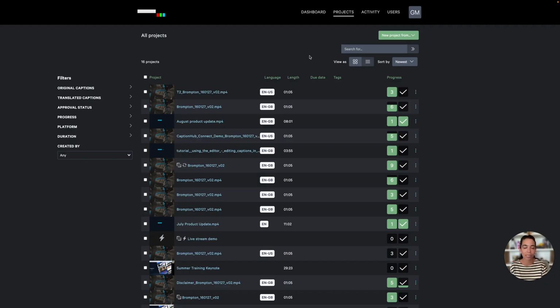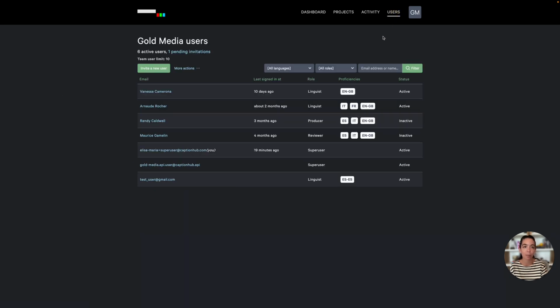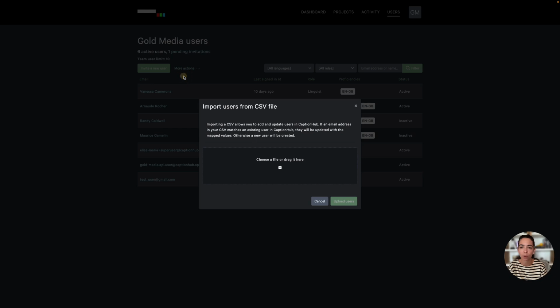To start, we'll want to navigate to our Users tab, which is located in the top right header nav. Once here, you're given the option to either input users using the CSV, which you can access via More Actions, Import Users, and here you see you have the option to simply drag and drop a file. This makes great sense if you are making larger batch updates or adding all of your new users for the first time and want to do so from one file and source of truth.